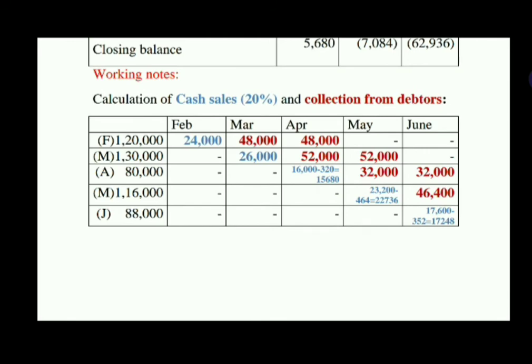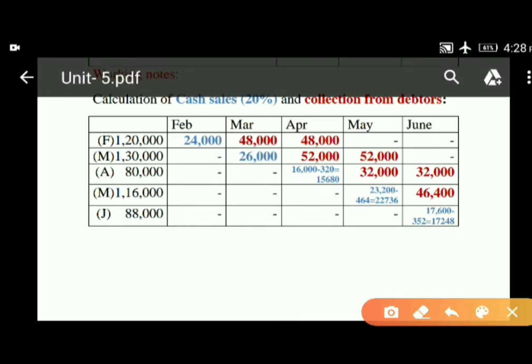the collection from debtors. Now, which amounts do we have to take into consideration? Only these 3 months, April, May and June. No need to consider the remaining data, as it is exclusively for our calculation purpose. After calculation, we only need to take the amounts related to our problem, that is the 3 months period, April, May and June. So here, the red color amounts are the collection from debtors monthly wise.